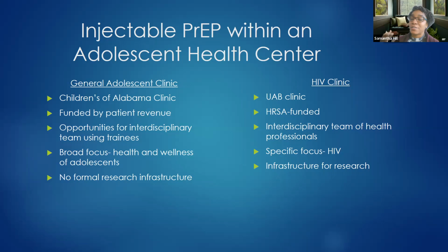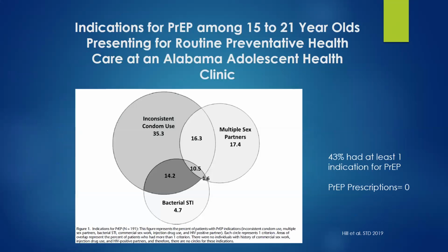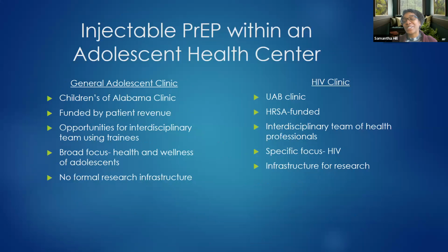The HIV clinic focuses specifically on being an HIV subspecialty clinic, and it does also have research infrastructure within it. As I am sitting here planning my injectable PrEP implementation project for the future for the General Adolescent Clinic, it's important that I'm able to compare and contrast. Oh, I'm sorry, y'all, my dog is acting up. Compare and contrast the different resources that I have access to in each clinic,